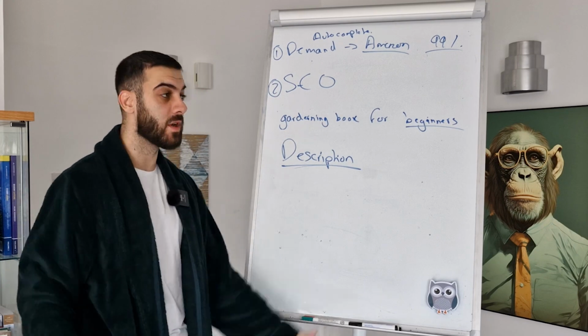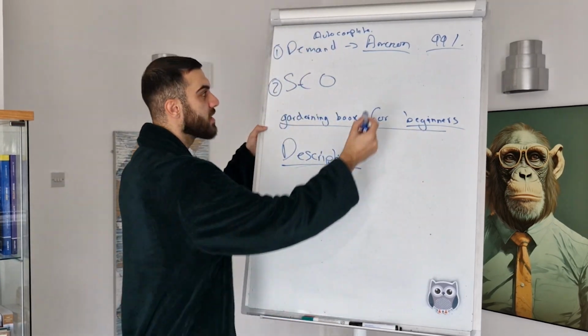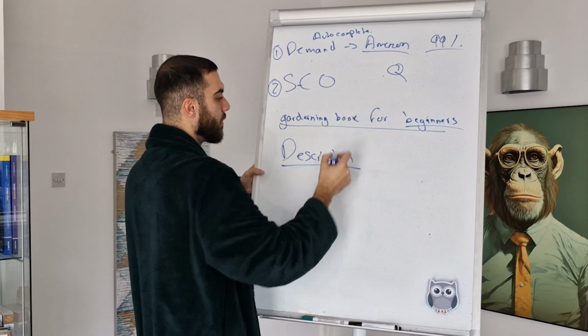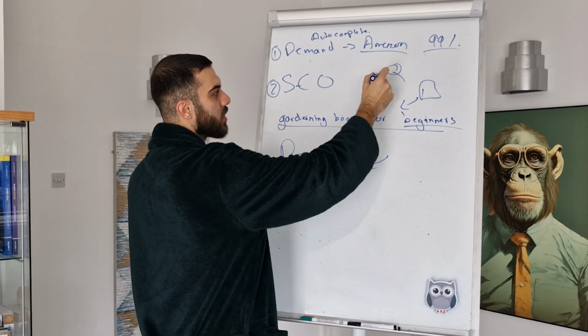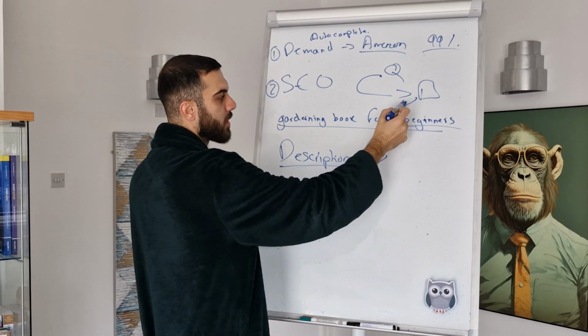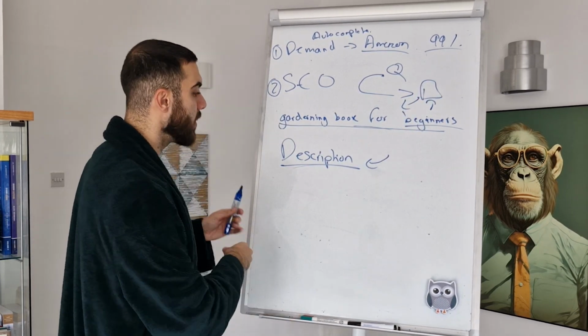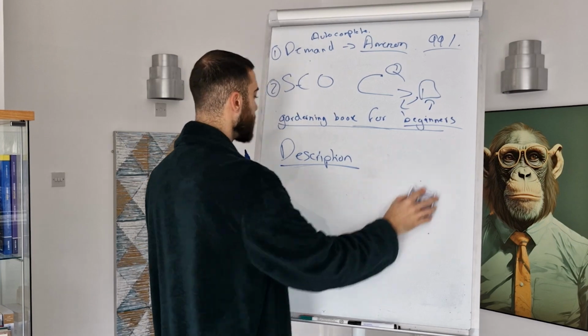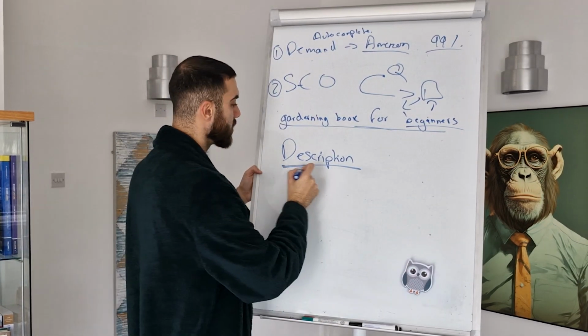So now when Amazon reads my description, it's going to read this keyword. And when someone searches this keyword on Amazon, they're going to say, oh, this book right here has this keyword in the description. So the person searching for this keyword is probably looking for this book because this keyword is in the description of this book. I hope that makes sense. That's how SEO works. Now, it's not just your description. You have a bunch of other ones, but the main ones that you want to focus on is your description